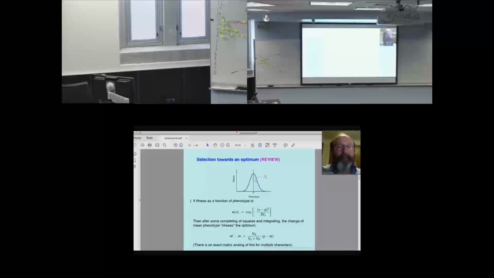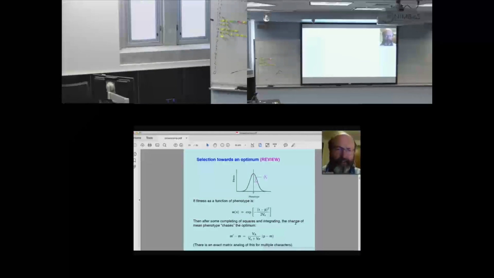And the result of that is that when you have selection towards an optimum, here the optimum is Gaussian because that makes life easier. It's not because biology demands that it be Gaussian, but because the mathematics demands it. Here is the expression for the fitness curve. And again, Steve was using, I think, omega or something in his notation. And the result, of course, is that you can show that the change of mean fitness is equal to this thing, which was G over P plus omega. Steve, am I right about that?